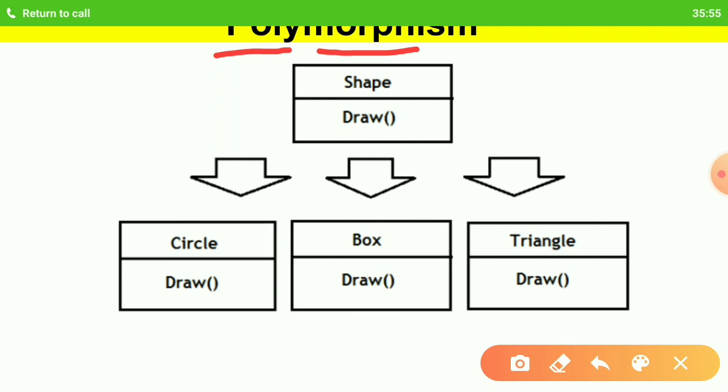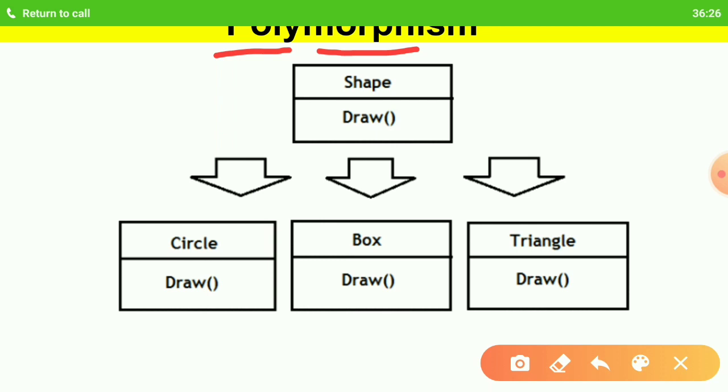Just like a single person can display different kinds of behaviors depending upon the requirement. For example, I as a person in the classroom can play the role of a teacher, and I, the same person outside of a classroom, when I'm dealing with my friends, will be displaying different kinds of behaviors.